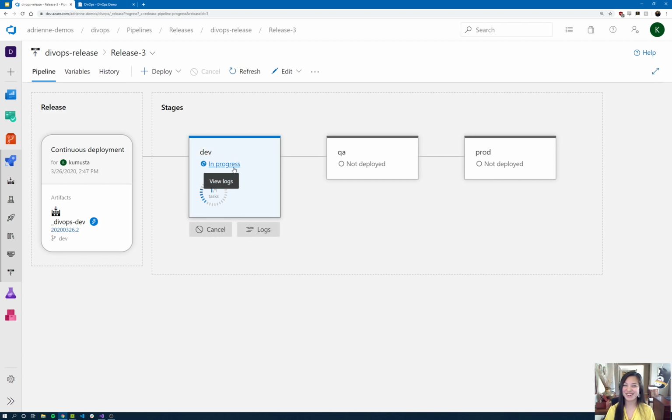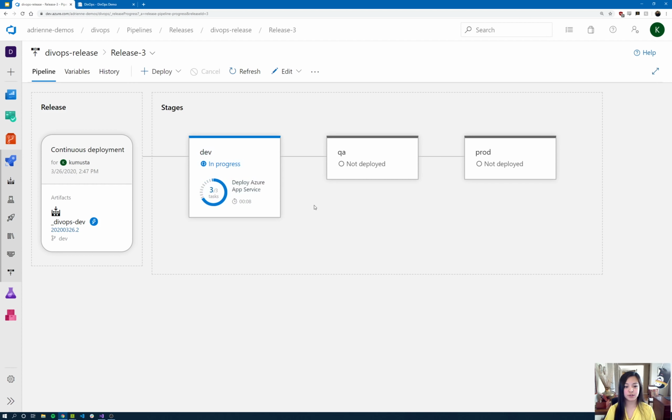So it is in progress. And you'll see here that this was our artifact from our DevOps dev build that was just successful that I showed. And now it is deploying to the Azure App Service that I have ready that is hosting my